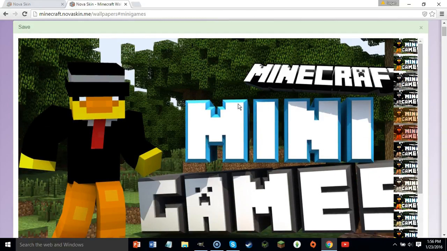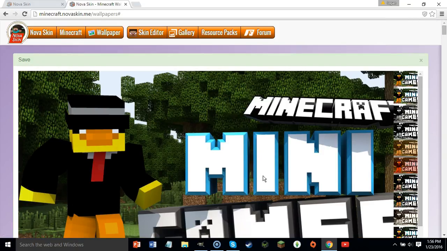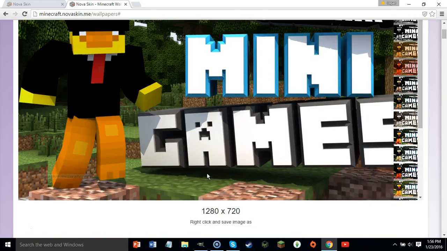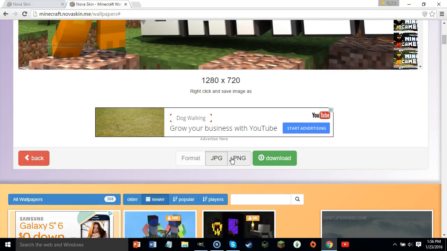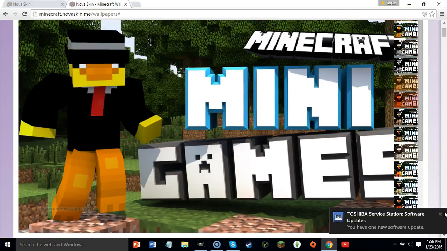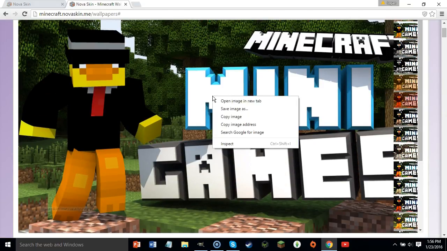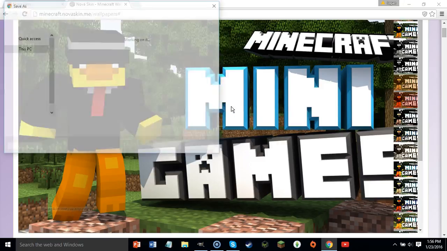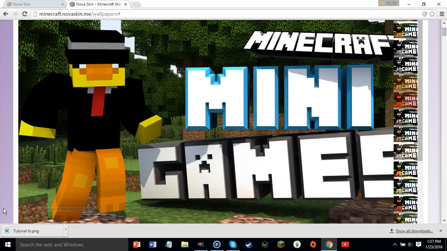And there's all these filters. You can just keep this one. I kind of like this one. There's hardly any difference, but I like it a bit more. Once it's all done, it doesn't matter to keep it at JPG or anything like that. Let's get out of that. Right click it and save image. It's gonna have that there. You're gonna have to keep that just so you give credit to them. So let me save it. I saved it as tutorial TN, and now that that's done,